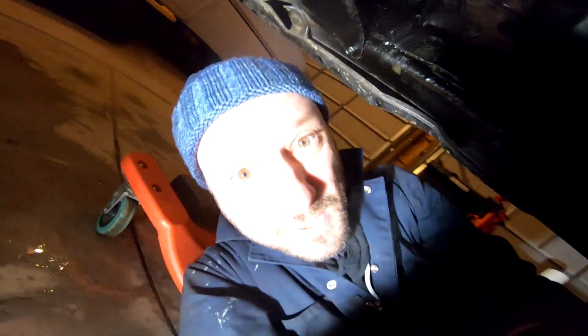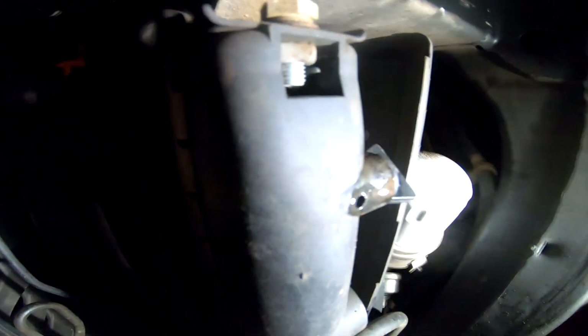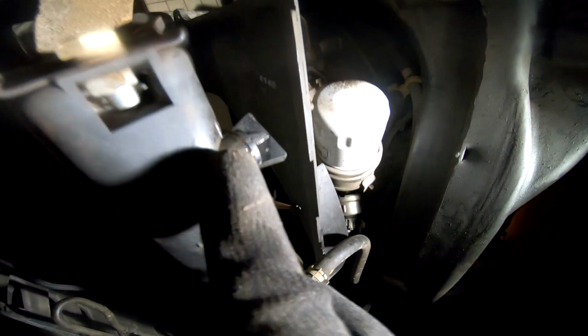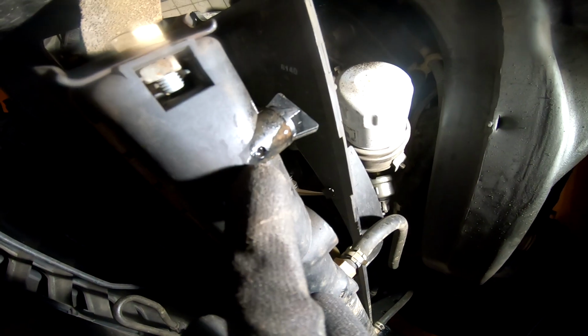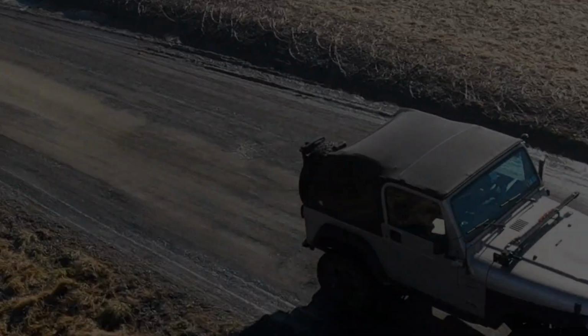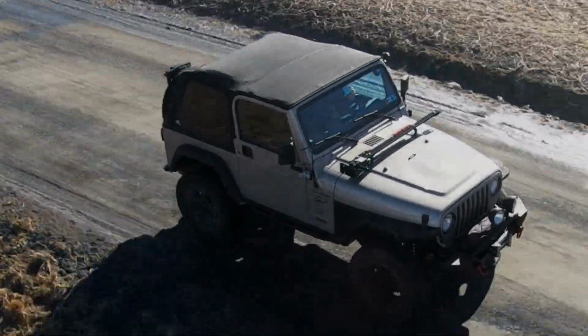One thing I didn't realize is I pulled the plug out altogether on the drain for the radiator. There's actually a little pinhole there, and the shape of this plug allows you to just partially spin it back out, which I got too tight now. And if I took it all the way out, it was squirting, hitting against here and falling down. Whereas if you were doing this and you just...